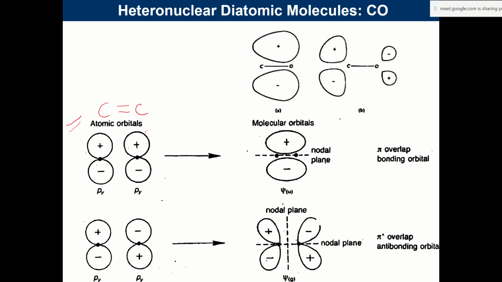Both the atoms have equal electronegativities, so there will be equally distributed electron clouds, a symmetrical distribution of the electron densities in the molecular orbital. But look at this picture. Now, when one is carbon, another one is oxygen. Oxygen is more electronegative, its p orbital is much lower in energy. So when you are making a diagram like